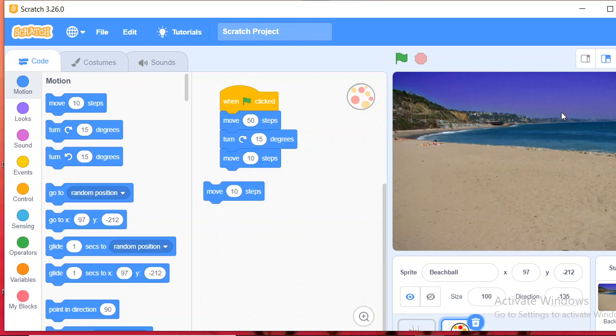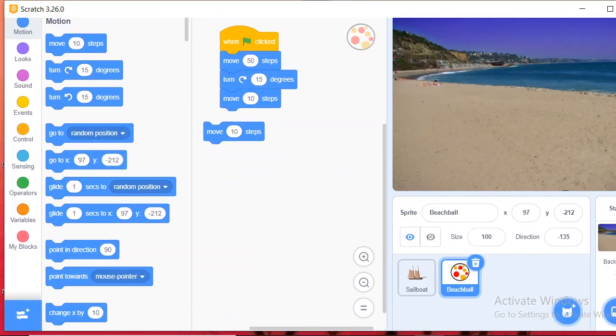On the right side we can see the stage. In this area we can see the output of the project. Then we can select different sprites from the sprite library, and we can change the background from the backdrop.